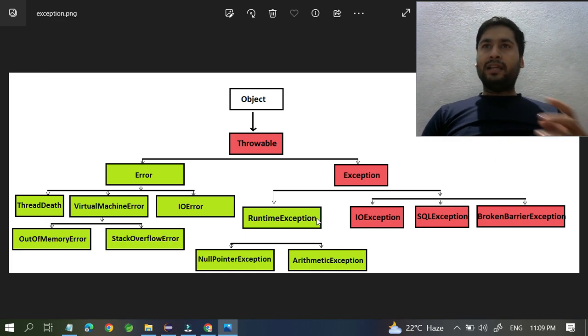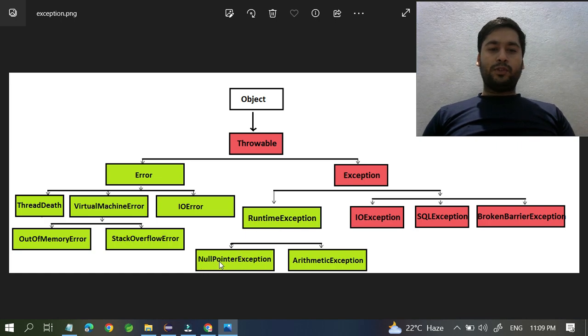Then automatically you get an exception because he did not provide the data you were expecting, so it will say InputMismatchException, right? Like that you can see so many exceptions as a programmer.